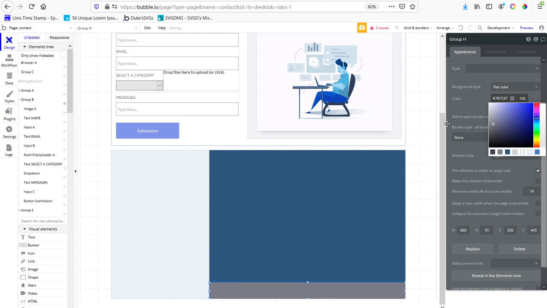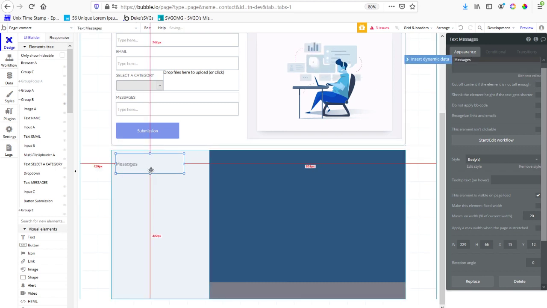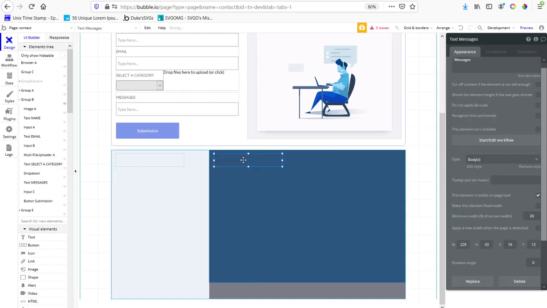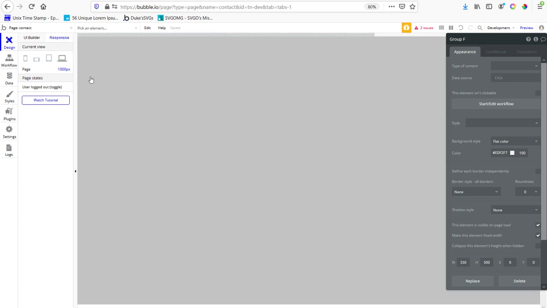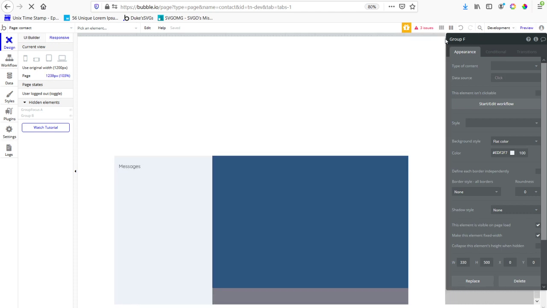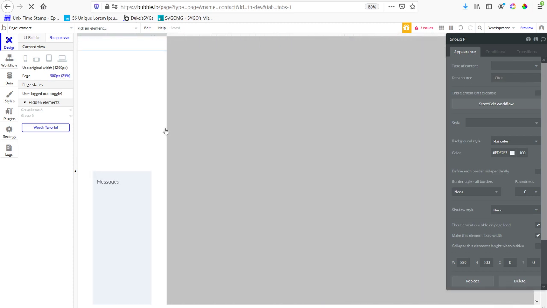So let's go here, and we're going to have some things in here, and this is just a basic layout, but I'm going to say messages. And then here we're going to have our actual message. Okay, so we don't need that right now. And we want it to be visible across devices. Yeah, we're not getting into that today, actually. We're just going to build it for desktop, and then maybe in another video I'll show you how I make it work for mobile,